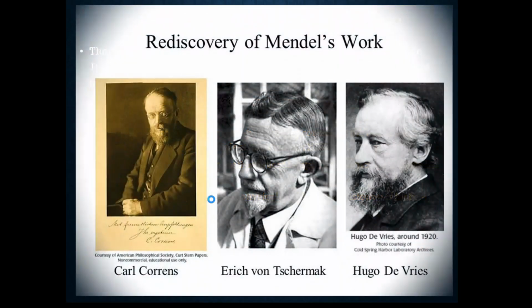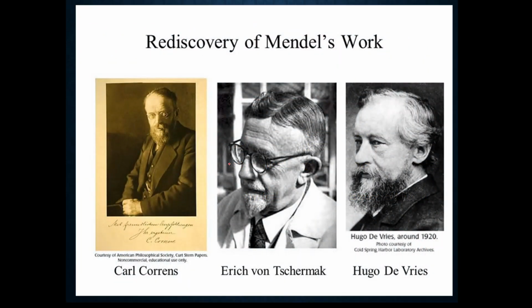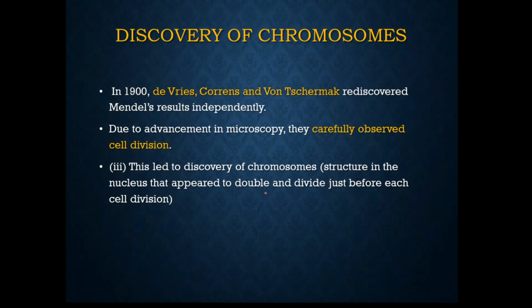This finally came into light only after the rediscovering of Mendel's work, which was done by Karl Correns, Erich von Tschermak and Hugo de Vries. These are the three scientists who brought Mendel's work back into the limelight. They studied his work and rediscovered that Mendel's results are stable and universal. They identified that whatever result he published, the same result is obtained even with other plants. So they verified that Mendel's work is correct.